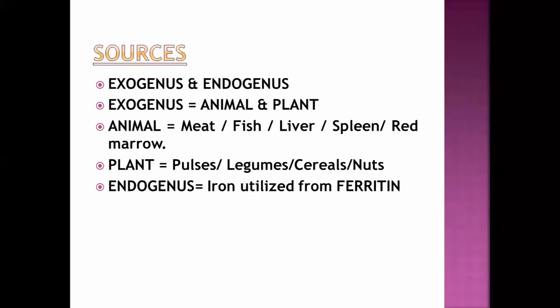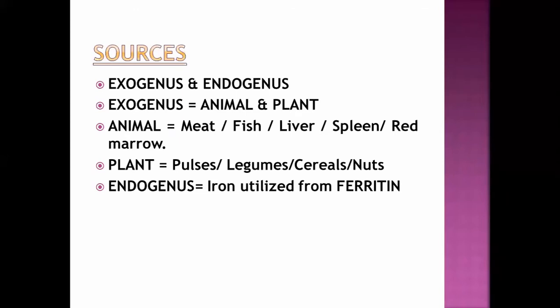Endogenous, the source developed inside. Iron is metabolized from the ferritin due to different metabolic reactions, and this iron formation is known as the endogenous source of the iron. Animal sources are the meat, fish, liver, spleen, and red marrow, and plant sources are the pulses, legumes,